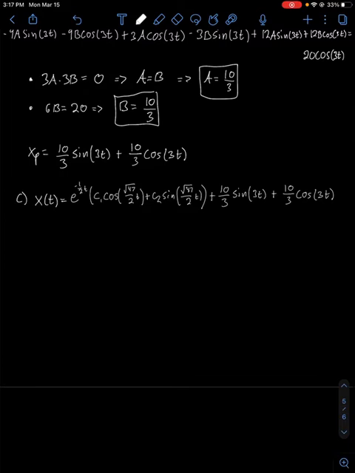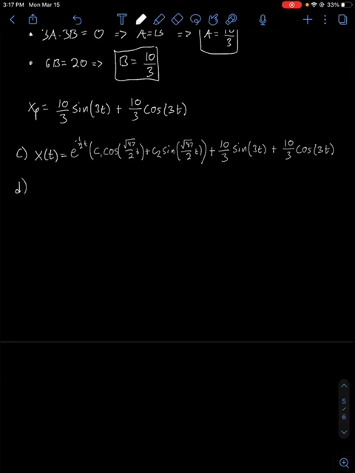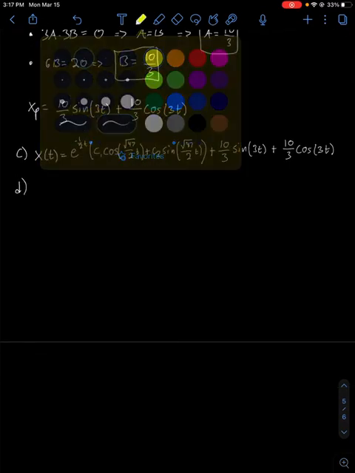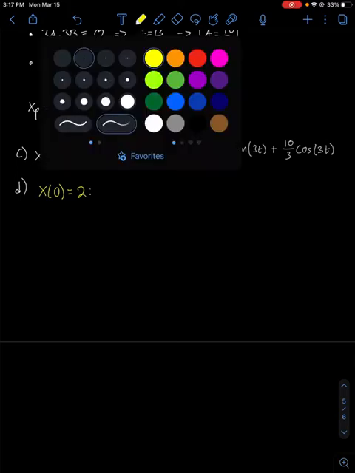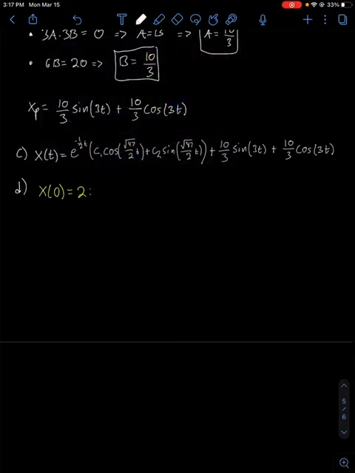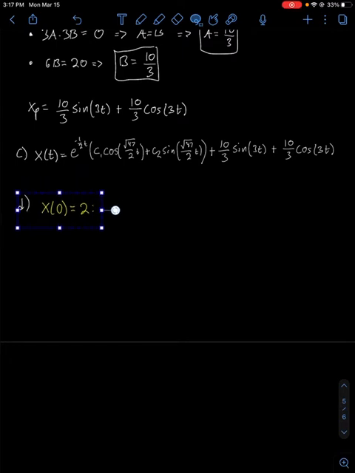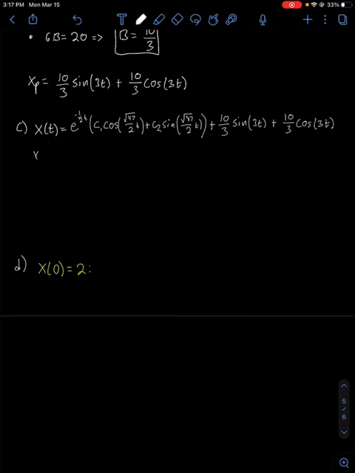So that is the general solution. Now we have to do part D, which is to solve for the initial conditions. The initial conditions are x of 0 equals 2. So we can plug everything in. Before I do this actually, I'm going to find the derivative of x of t, because I'm going to need that for the second initial condition. X prime of t